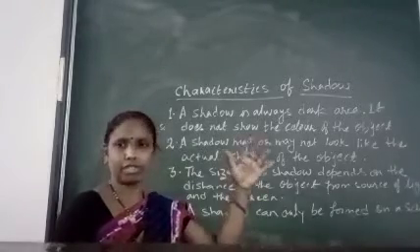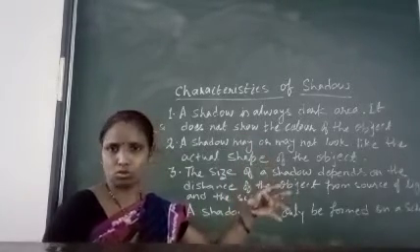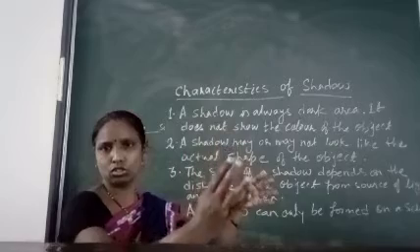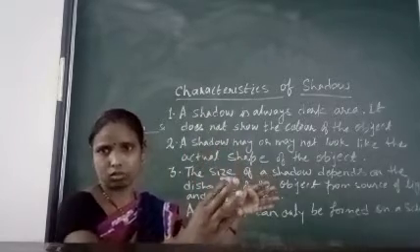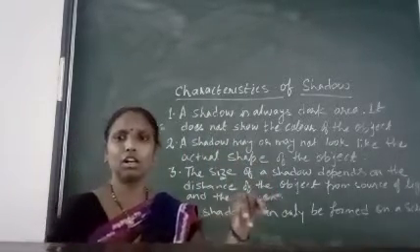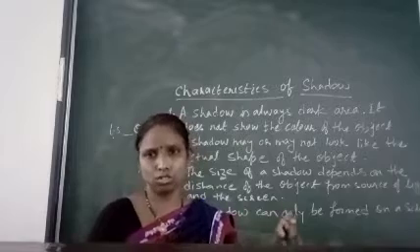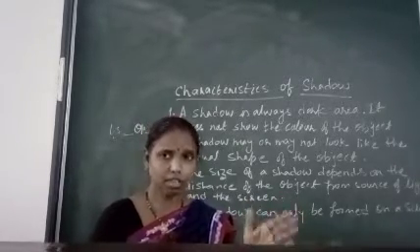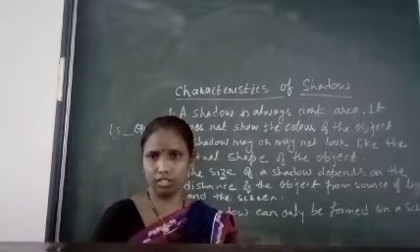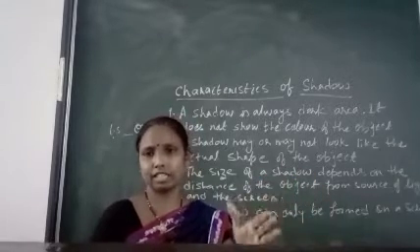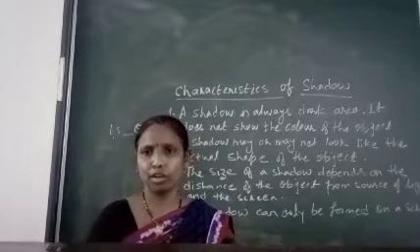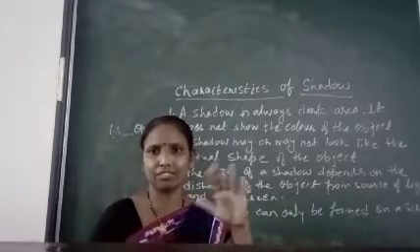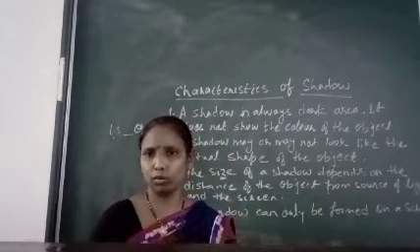So first of all, fix the position of your source of light, then fix the position of your screen, and in between you keep the opaque material whose position you can change. First of all, keep the object in between the source of light and the screen and check what type of shadow you are getting on the screen. You will find that a normal size of the shadow is there.